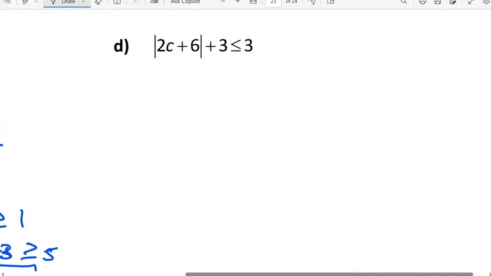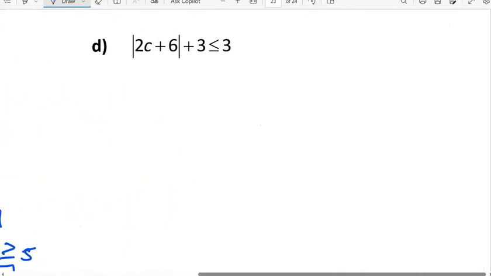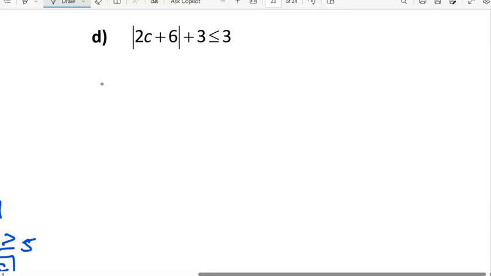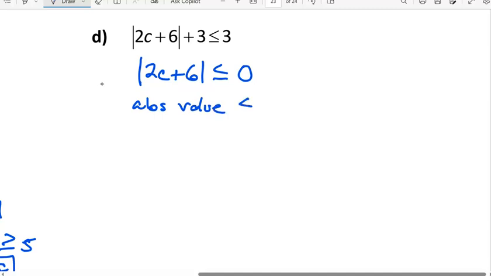In D, we have an absolute value plus 3 less than or equal to 3. So we're going to start by isolating that absolute value by subtracting 3 from both sides, and that'll give us 0 on the right-hand side. So let's stop and think, because this is not a positive number. So an absolute value is less than or equal to 0. Well, an absolute value is a positive number or 0,